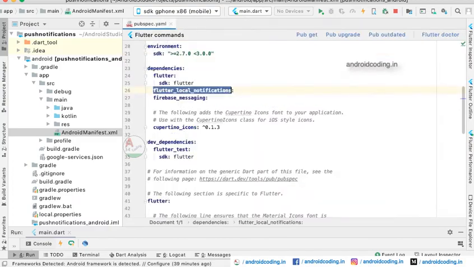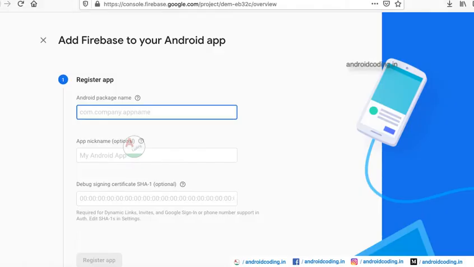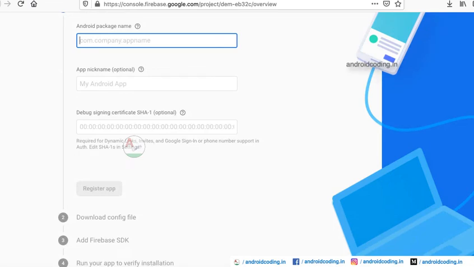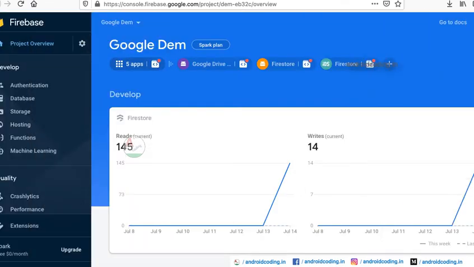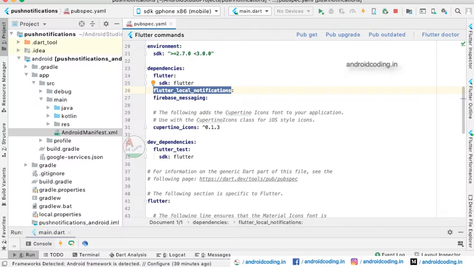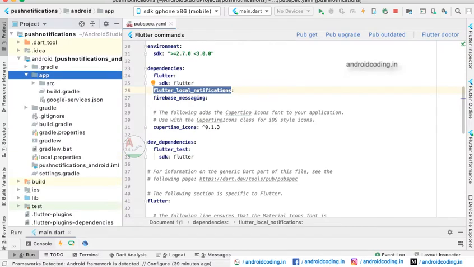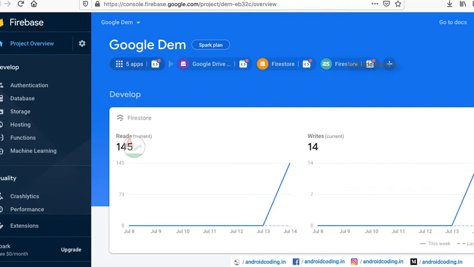You need to provide this package name and the app name, and also SHA-1, which is optional, you may provide it or not. Click on the register button, then you will be given a JSON file. That JSON file you need to place in the app folder here. Inside the app folder you need to place the JSON file for Android.